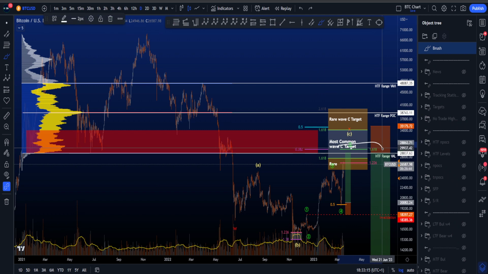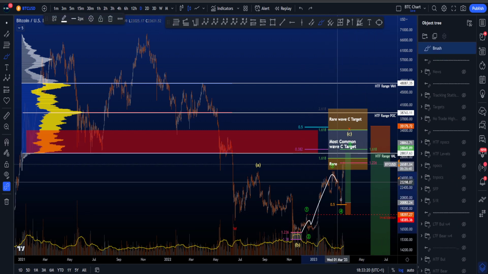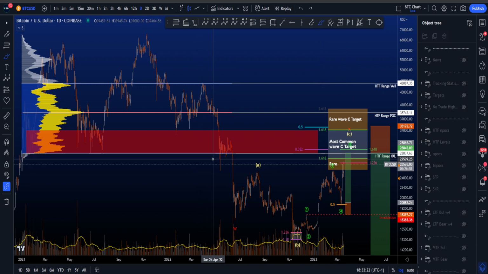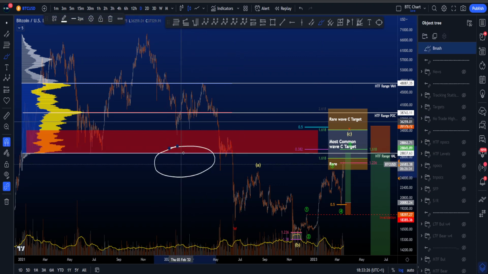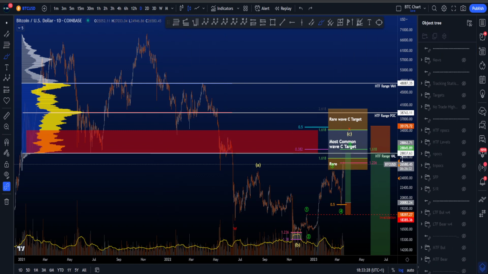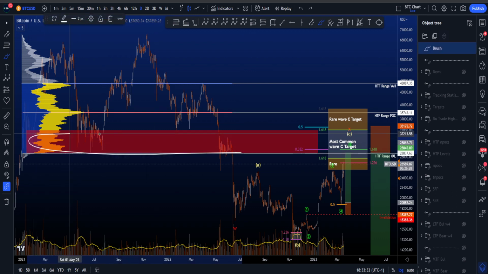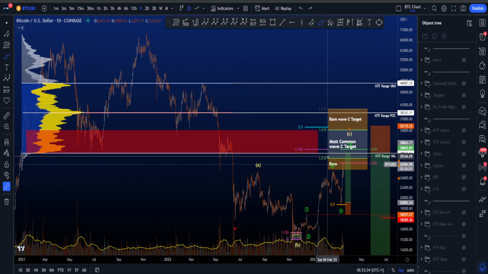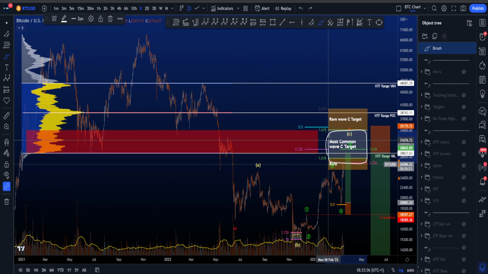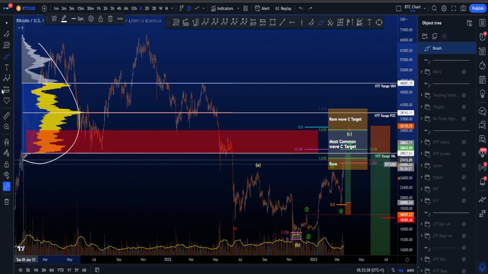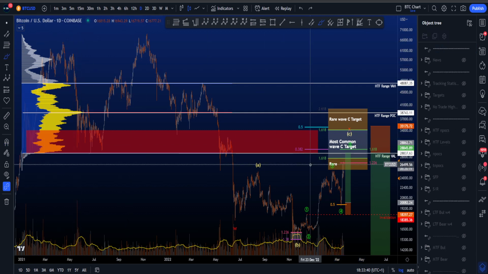It also has confluence with the 1.618 wave C or wave 5 target in this 1, 2, 3, 4, 5, and even more importantly, the high time frame range value area low, which is the white line on the chart right here, sits at 28,837, also is part of this support resistance flip, as well as part of the most common wave C target. And I will have this range on my chart throughout the whole video, because this one